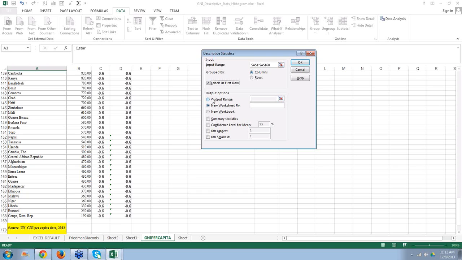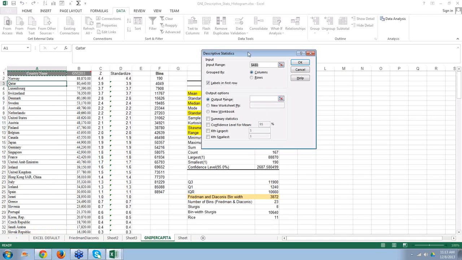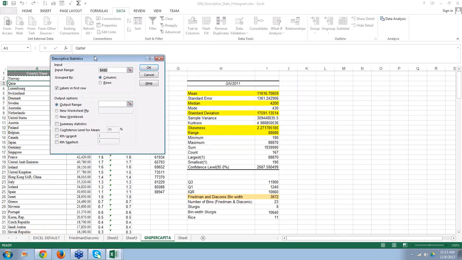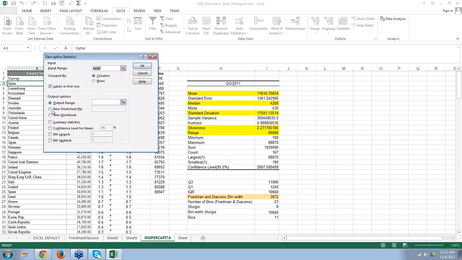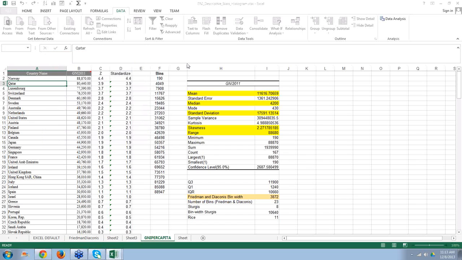All right. So with that, then we have an output range. The output range is the place where we want to put the output. We can choose to put that output in a new window or just select a given area of the spreadsheet. For demonstration purposes, let's just put it in a new sheet, just for people to see the output. And here I will select all the statistics that Excel can compute: summary statistics, confidence level for mean, Kth largest, and Kth smallest. When I do that and click OK,